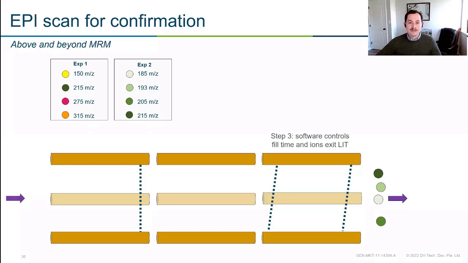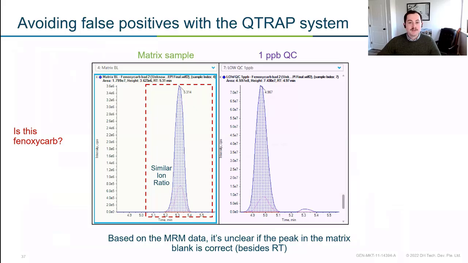So when would you ever need to do this? This is another example of a sample a customer gave me. This was a powder. It was a supplement powder from a certain type of grass. And again, they need to look at it for pesticides. And what we saw in their grass sample, even in the blank, was this compound that looked a lot like phenoxycarb.